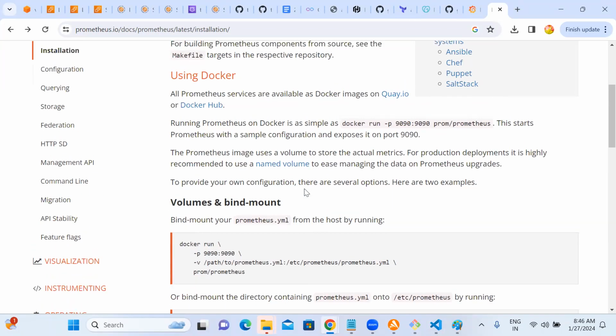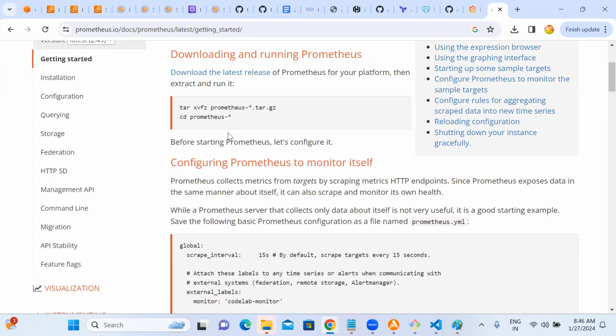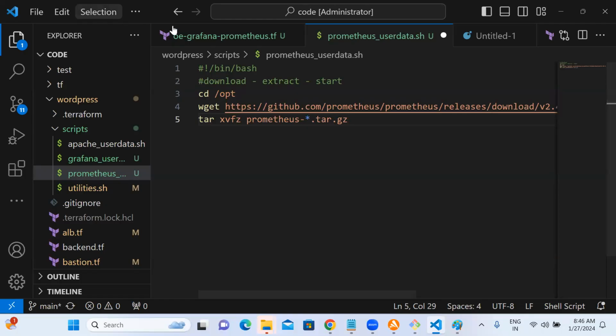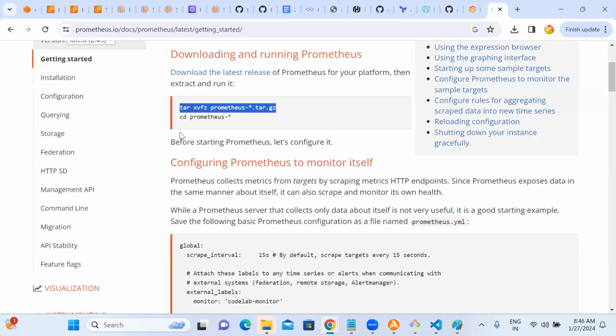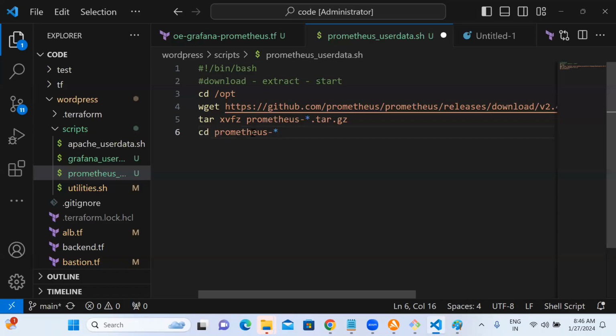And they didn't give the steps. Just tar. After you tar, extract it. Let me put the same steps. Please bear with me with patience for some time. Prometheus, you will get this folder. Then this is the command, cd. After you extract, this will have one important file, prometheus.yaml.